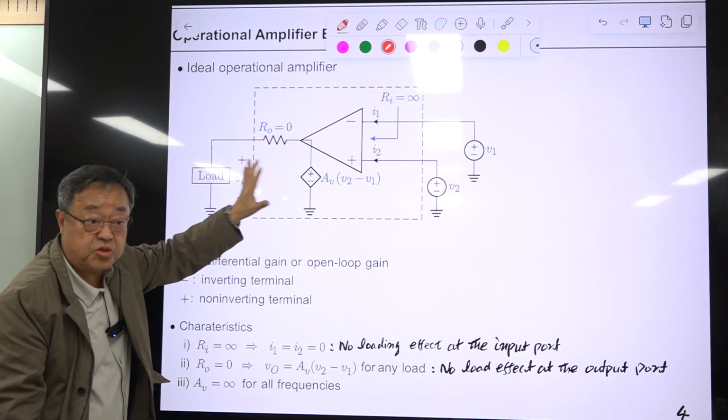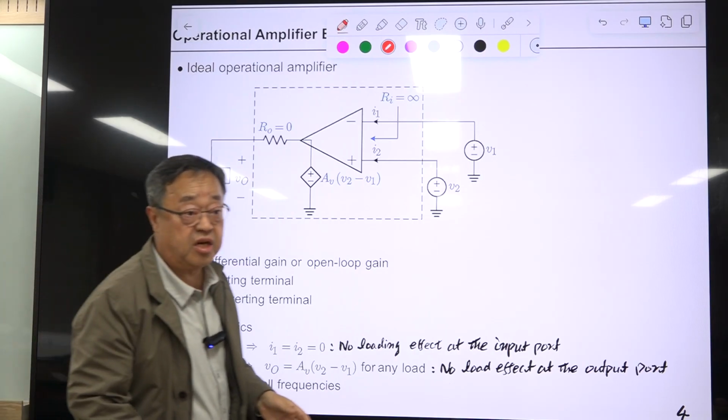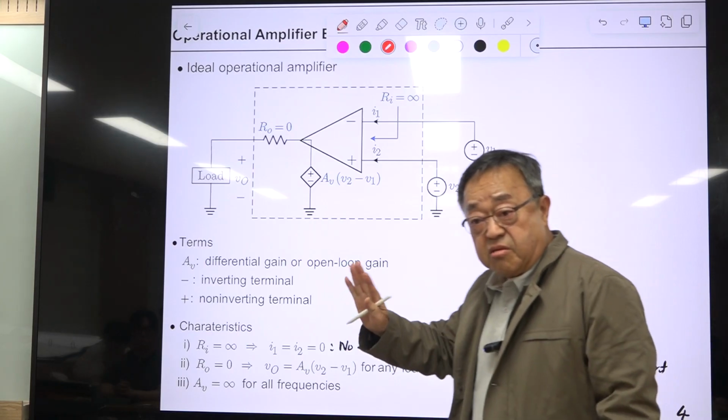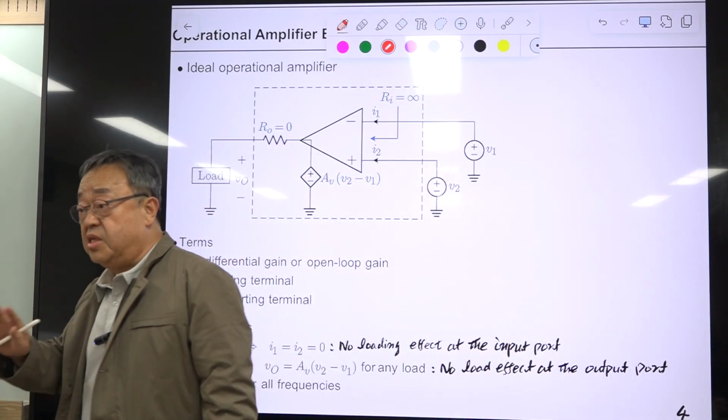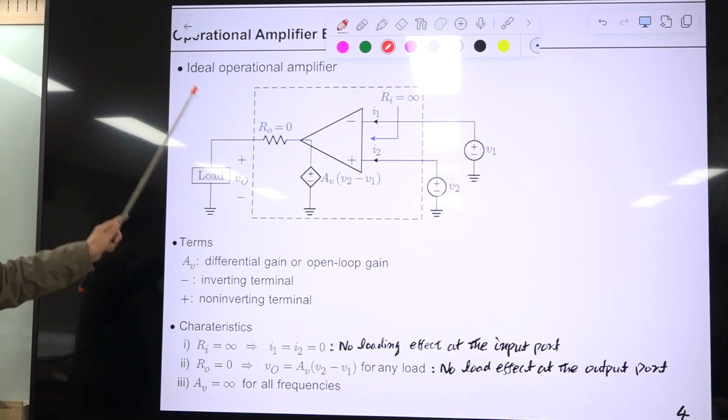But there is no such thing as an ideal OPM. Okay. Ideal OPM is some fictitious imaginary device, and there are very good reasons for studying that. Okay. One is this ideal OPM greatly helps us to understand the operation of practical real OPM. That's one thing. Another one is in analyzing real application circuits or in designing real application circuits, you may assume the practical OPM is an ideal one. Okay? So both of them are important. Okay? So everything is ideal.